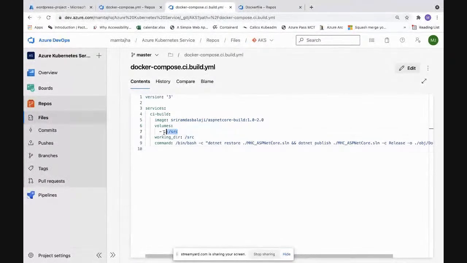And here you are seeing there is another volume set. I can have my persistent volumes created with the help of host path mounting. So whatever is in the present directory, wherever this file is present, I'm copying everything inside /src so that I can build inside this container.